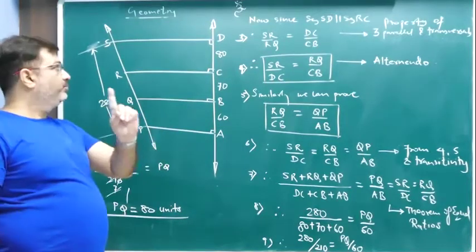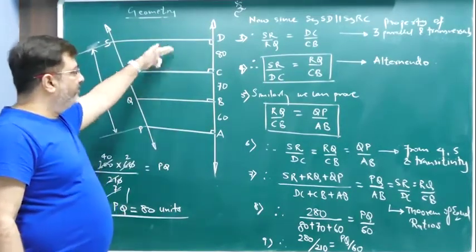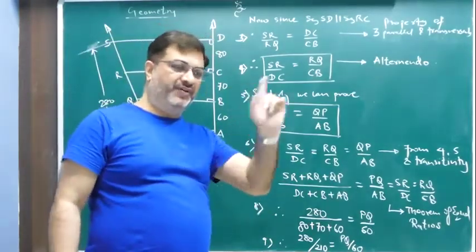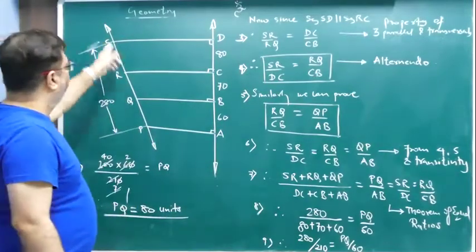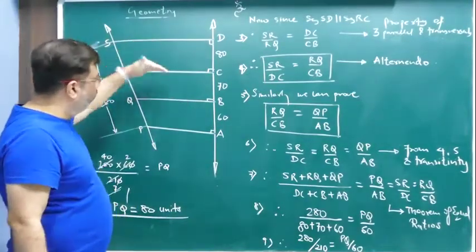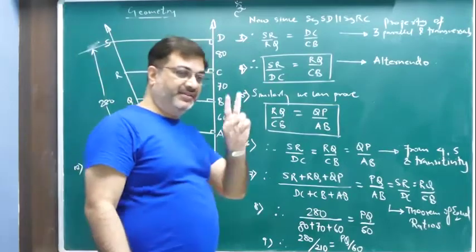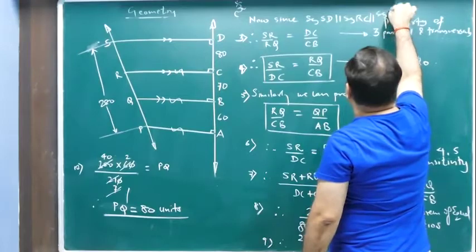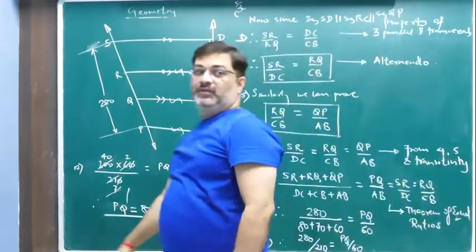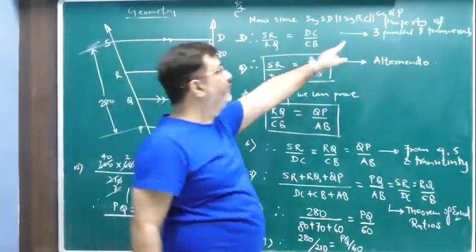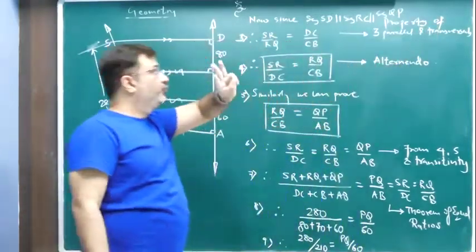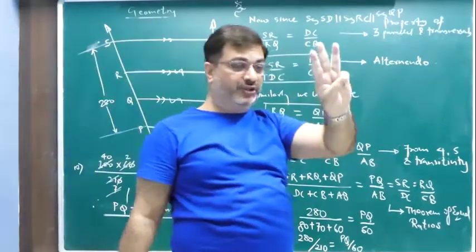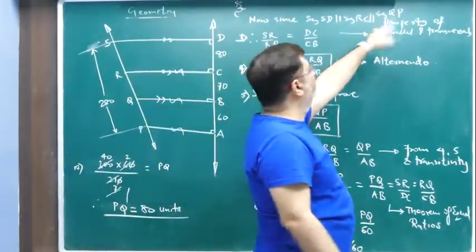As I said, statement number 1, these are perpendicular to each other, given. What is the reason for the first one? Given. Second one, since they are perpendicular to the same line, each one will be parallel to each other. Okay, that is the second. SB parallel to RC parallel to QB. Clear? We took the first 3. Just make this correction. We took 3 parallel lines here, so you have to mention which are the 3 parallel lines. We mentioned only 2. That is not correct. You have to mention all the 3 parallel lines. So 1, 2, 3 parallel lines we took.